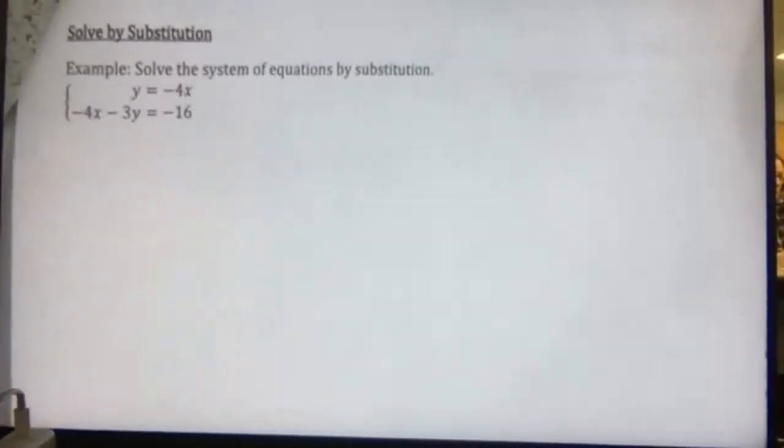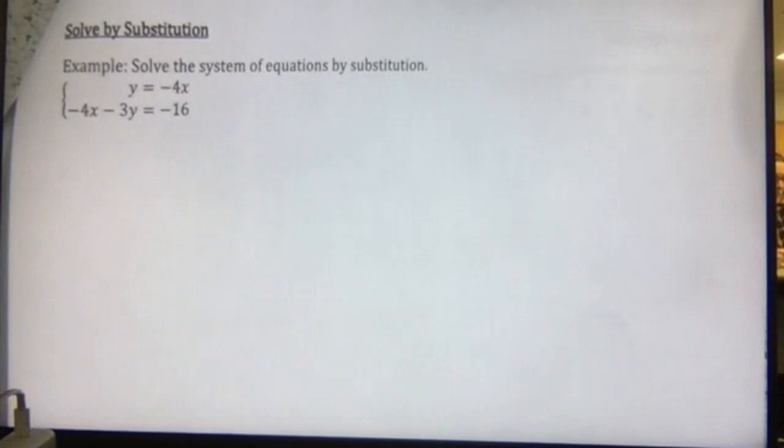All right, so that's solving by graphing. The next method that we're going to do is solving by substitution. So solve the system of equations by substitution. That means here I have two lines. Lines have two variables, x and y. We need to find what x equals and what y equals. I can't solve for it whenever I have two variables, but what I could do is substitute one variable